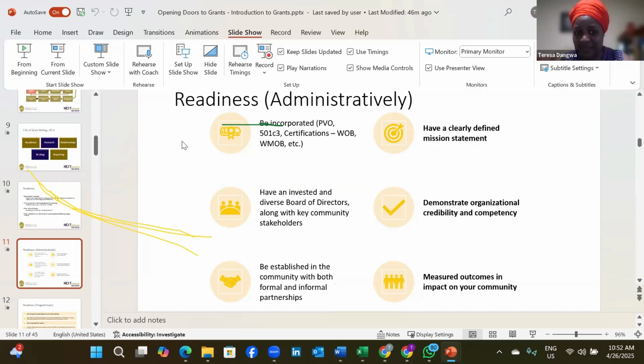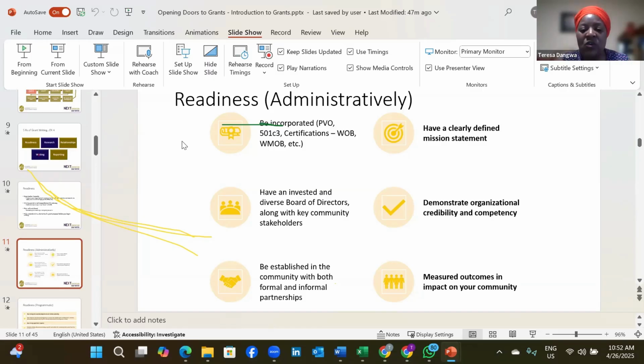By, number one, again, your board. What is the makeup of your board, right? What kind of skill sets do you have on your board? What kind of education do the people on your board have, and in particular your executive director and your financial person, your CFO? What are their credentials? Because if you can show credentials of the people, there is more likely to be better competency and credibility.